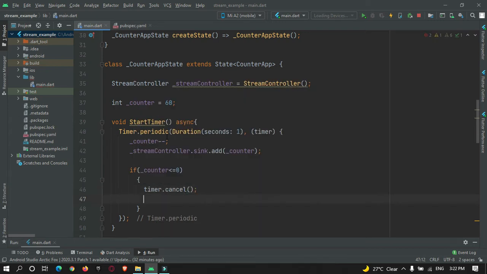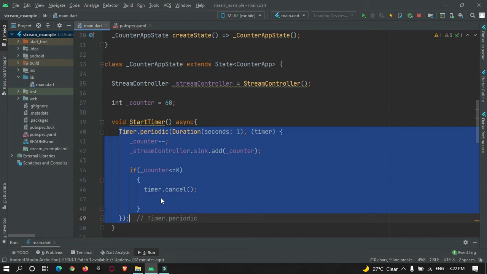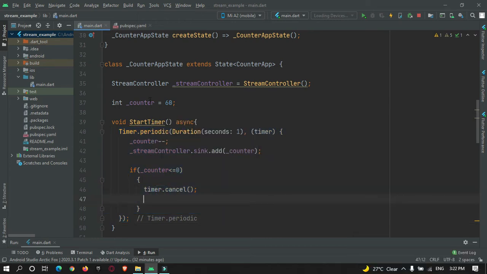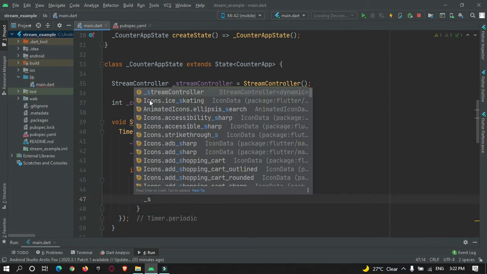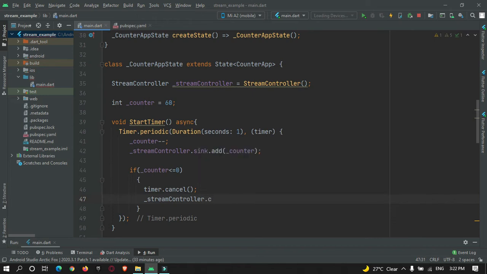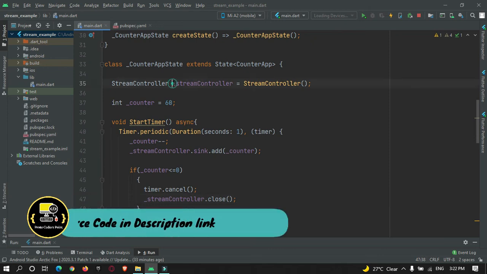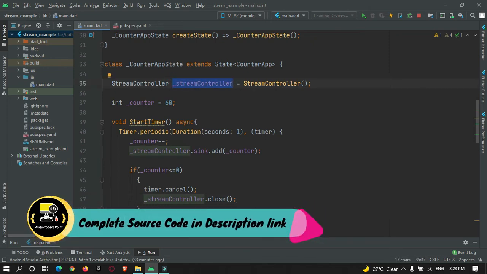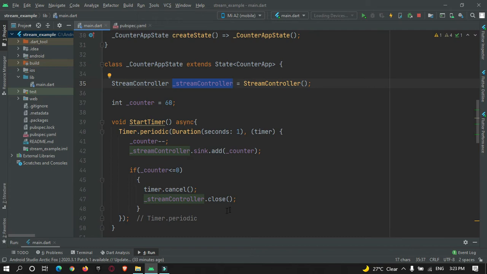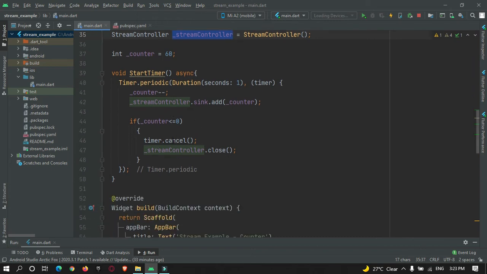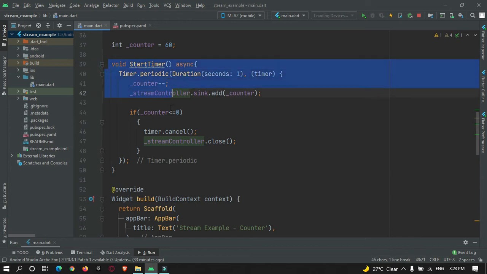Okay, so we are just stopping this timer, and then we also need stream controller.close. We must take care to close the stream controller after using it, since it is no longer in use. Okay, so our method is ready to start the timer.